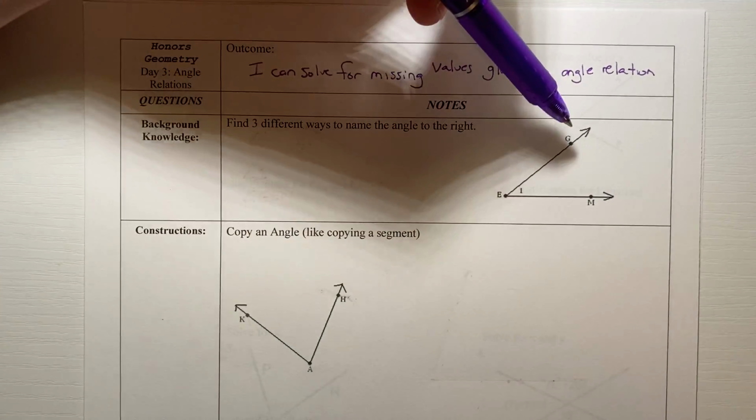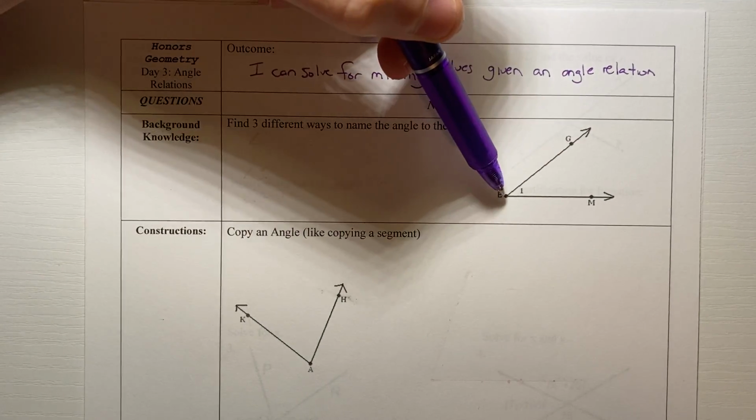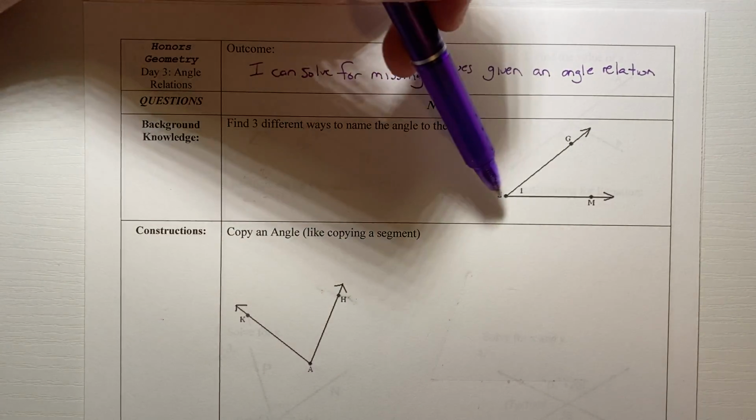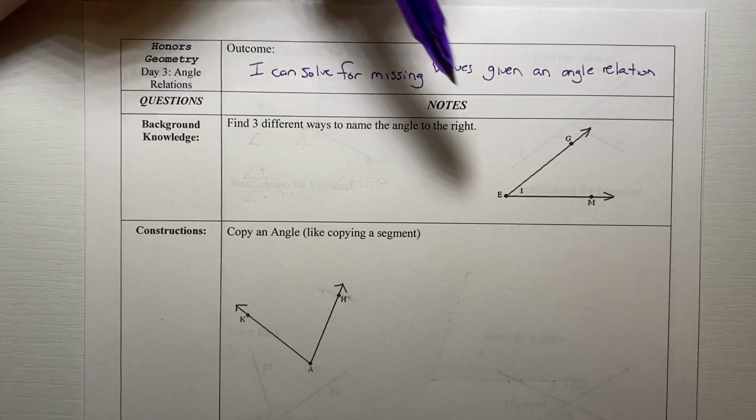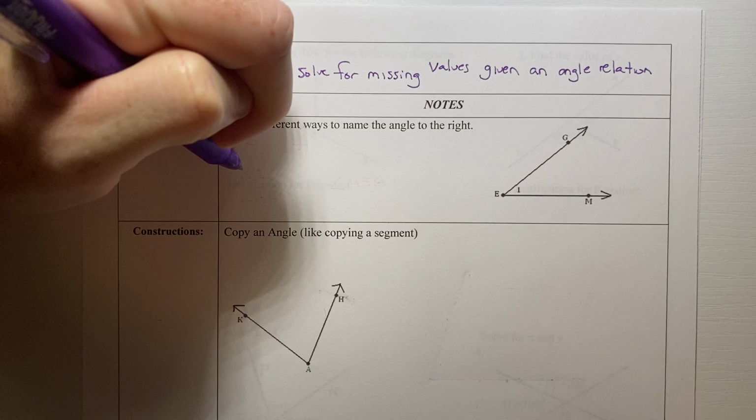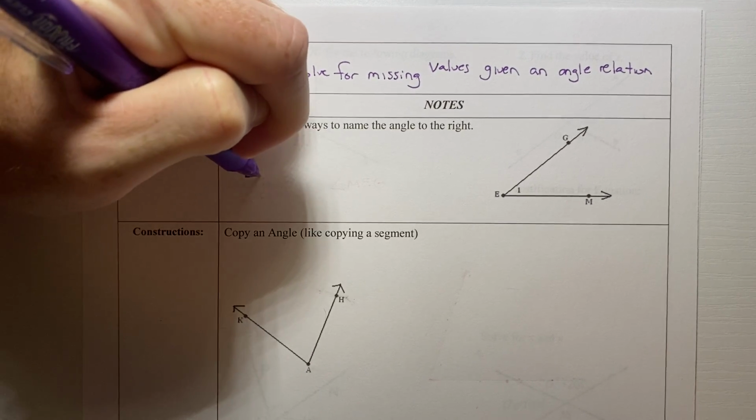On this angle, we have a couple of rays here. We have ray EG and we have ray EM. G, E, and M are all points that fall on this angle, and we even have a number 1 down there in the corner. So the first way that we can write this is we can say we have angle